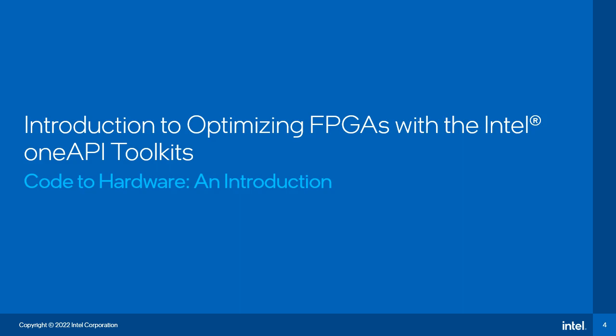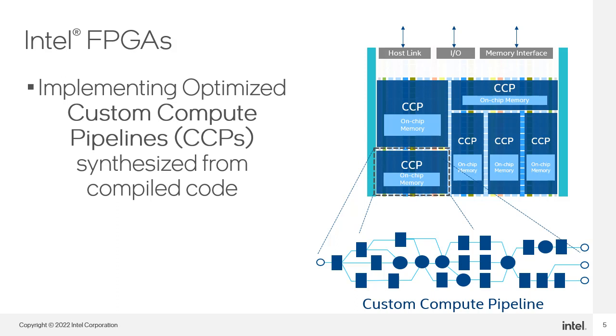We will now begin with code to hardware. This is to give us an overview of how our DPC++ code is converted to a design on the FPGA. When you execute your kernels, the compiler feeds you a pipeline that will be used to build blocks into. This is very similar to how pipelines are built into CPUs. The pipeline built for your design is customized to your design, unlike in CPU where all of the hardware is